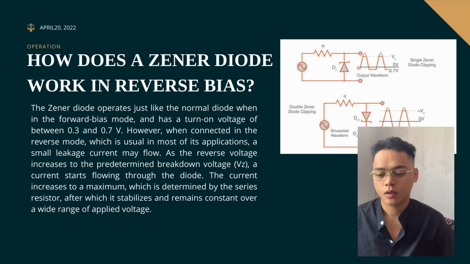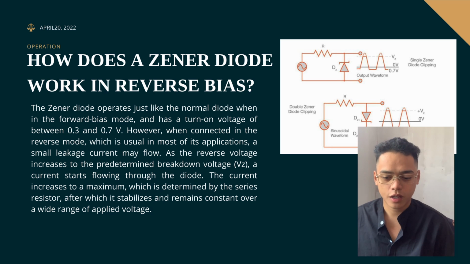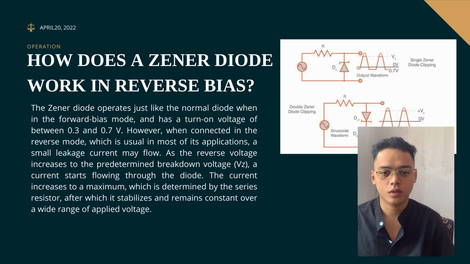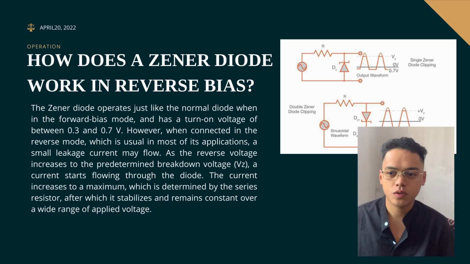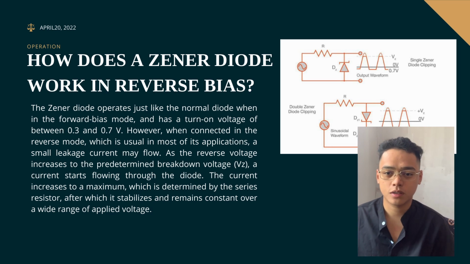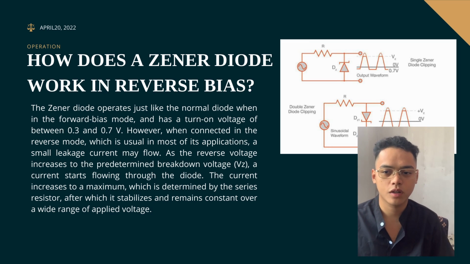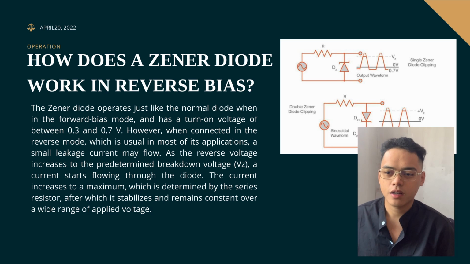When testing, the red tester goes on the anode and the black goes on the cathode, and there is still no reading, because it is reversing the flow in the testing of the diode. In most applications, only a small leakage current may flow. As the reverse voltage increases to the breakdown voltage VZ, a current starts flowing through